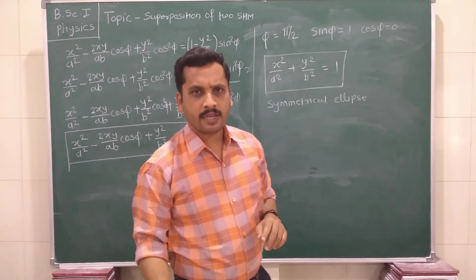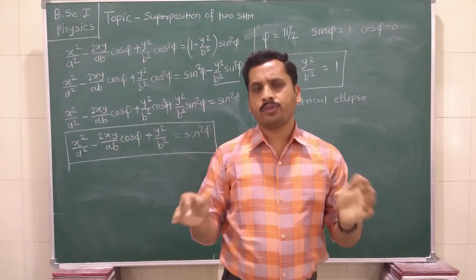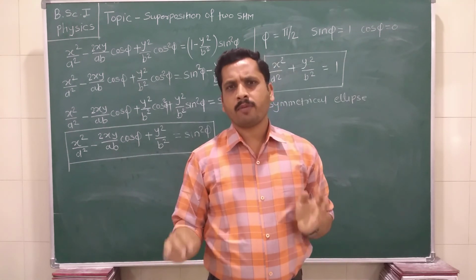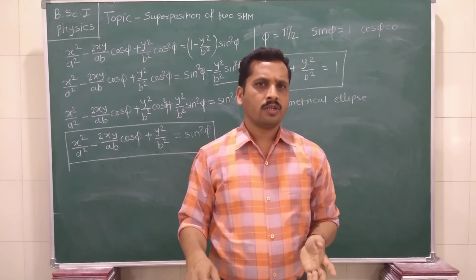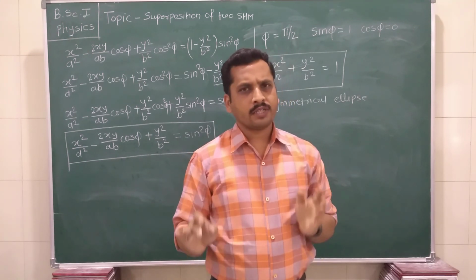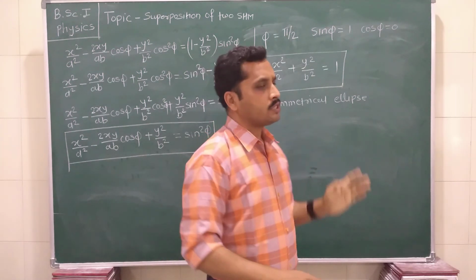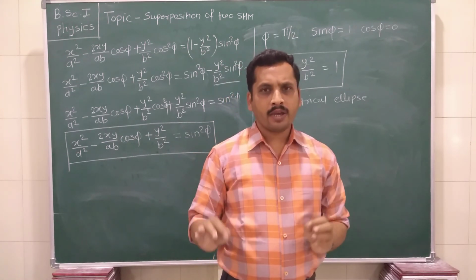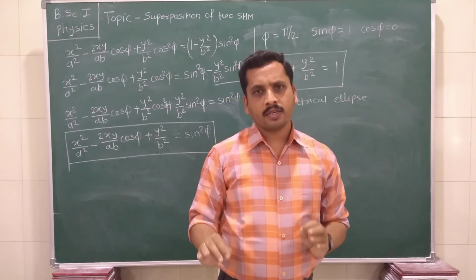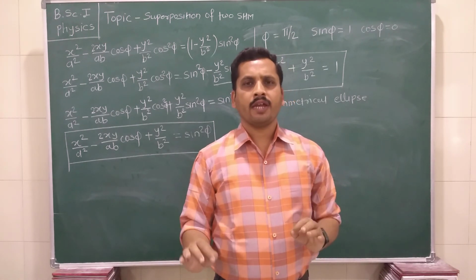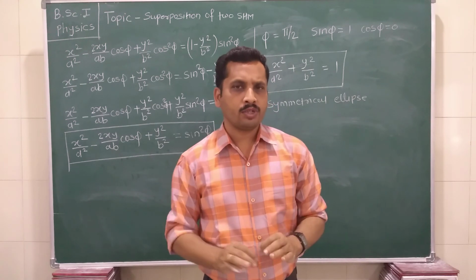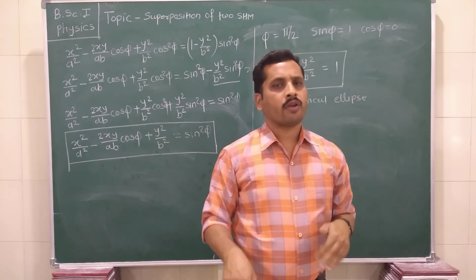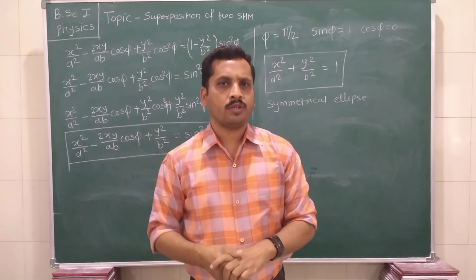So as we see here, as the phase difference between two simple harmonic motions changes, the shape of the path also changes. So in this way, today we discussed the superposition of two simple harmonic motions when they are perpendicular to each other. The figures, the shapes of the path we get after the superposition of two waves, are called Lissajous figures, and this topic we are going to discuss in the next lecture. So this is enough for today.